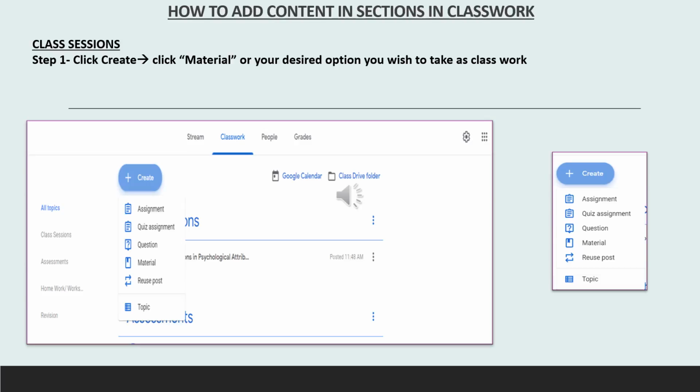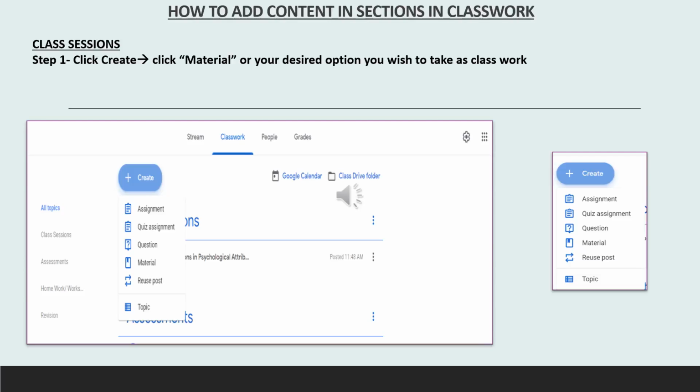Then I would follow the steps accordingly. For assessments, I might choose assignment, or quiz assignment, or question also. For homework, I may again choose material, or I may choose assignment, whichever type of homework I am giving. And for revision, likewise, I can fill in material or anything that I wish to give to the students.